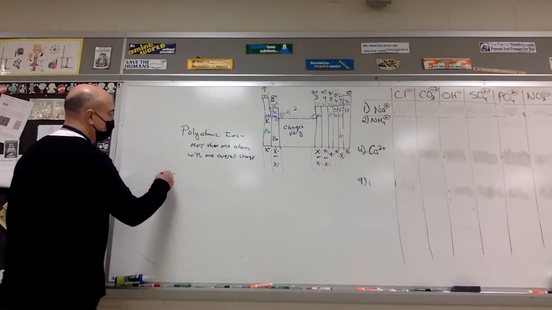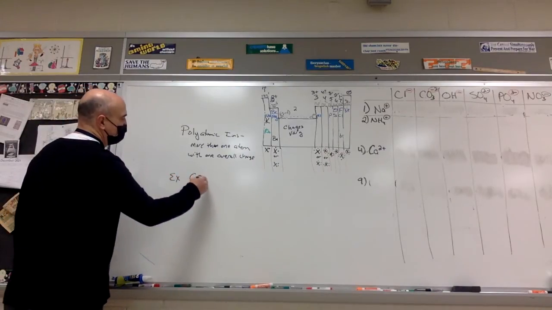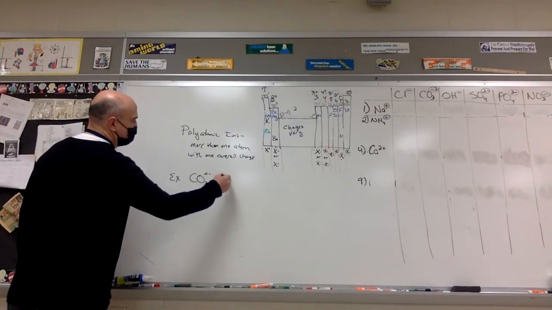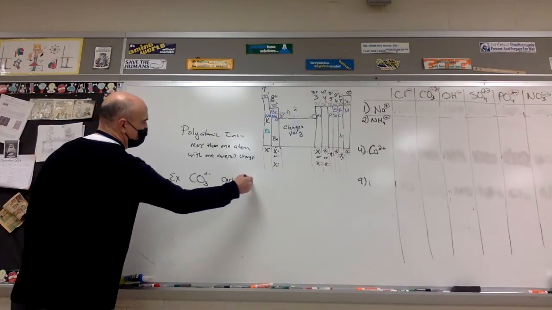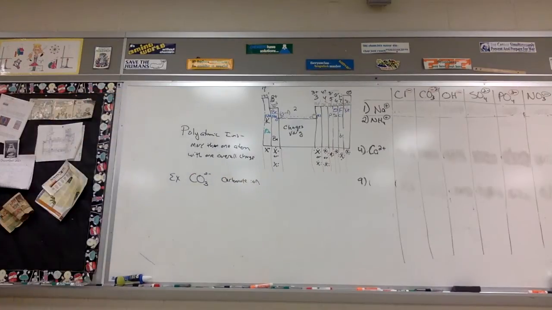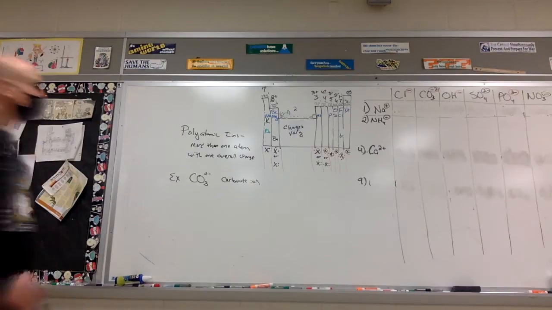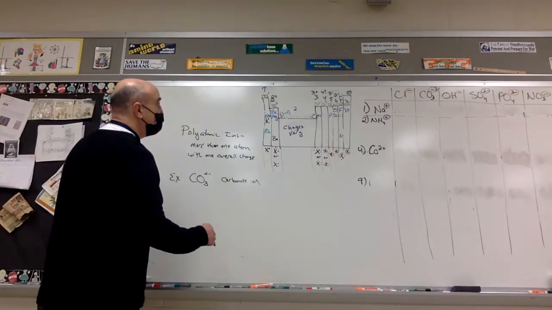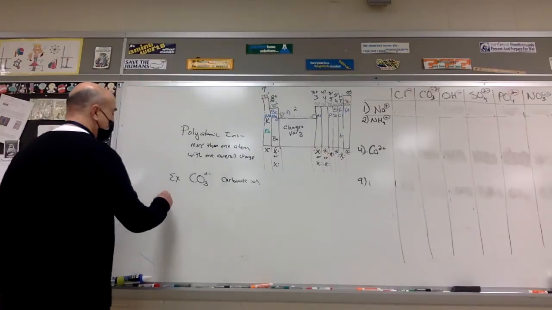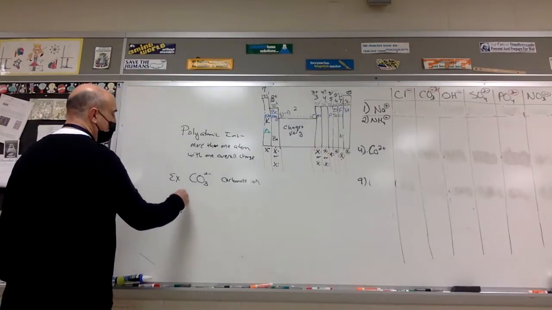So for example, the carbonate ion is CO3. It's made up of a carbon and 3 oxygens all clumped together in one. Okay, so it acts as one single ion. Has a -2 charge. So, for example, I could put together, sticking with magnesium,